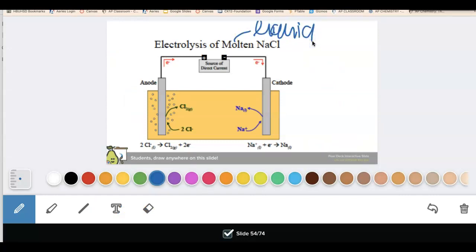Meaning it's pure sodium chloride. There's nothing in there like water or anything else. So it's Na plus and it's Cl minus. Okay? Now,